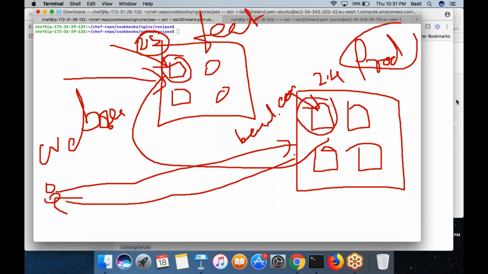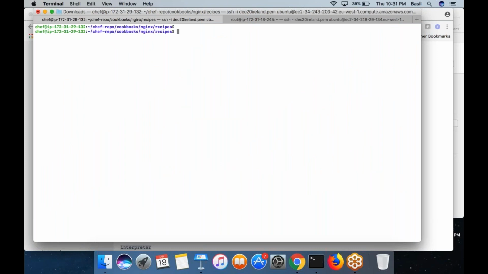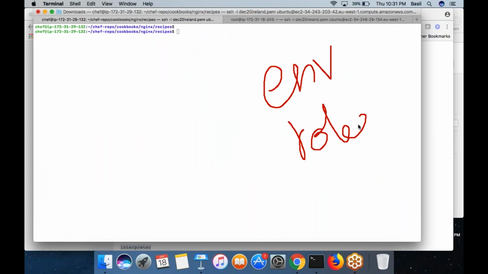So basically what we can do is, Chef is smart enough to identify the machines belonging to different environments, then apply different settings to a machine based on its environment. For example, if it is a production machine, it will install Apache 2.4. If it is a staging machine or a testing machine, it will install Apache 2.5. So like that you can make the changes. You can create environments in Chef and you can create roles in Chef. So let's take a look at how to do that.